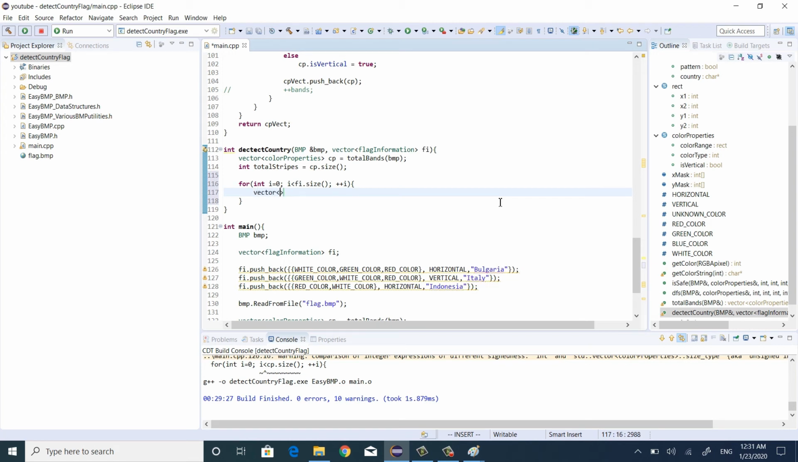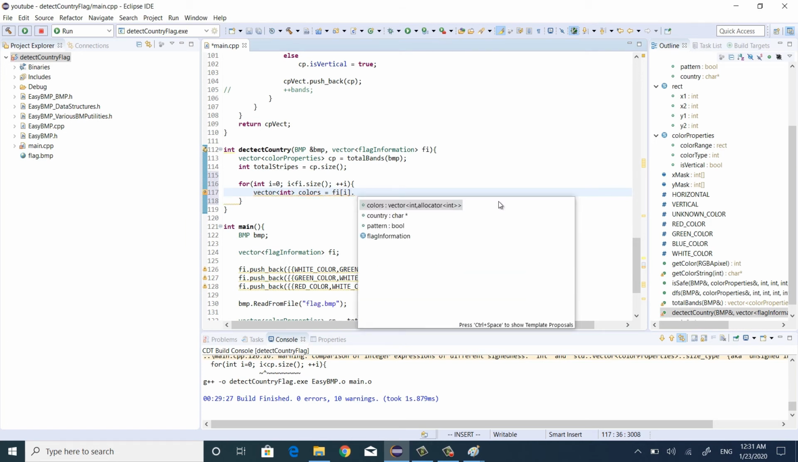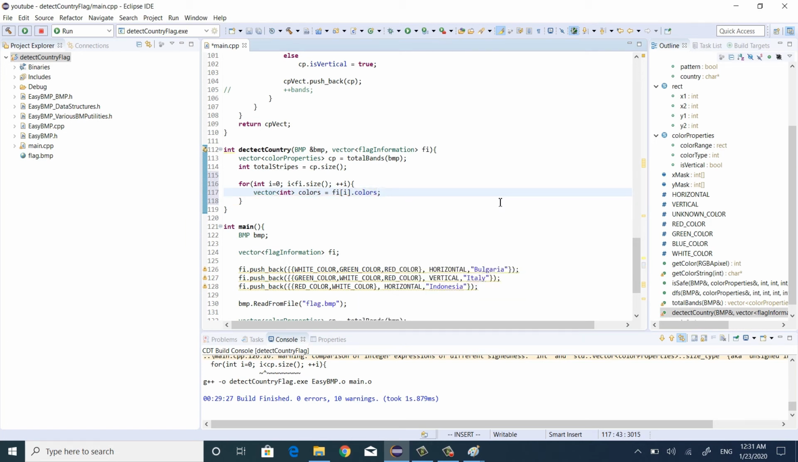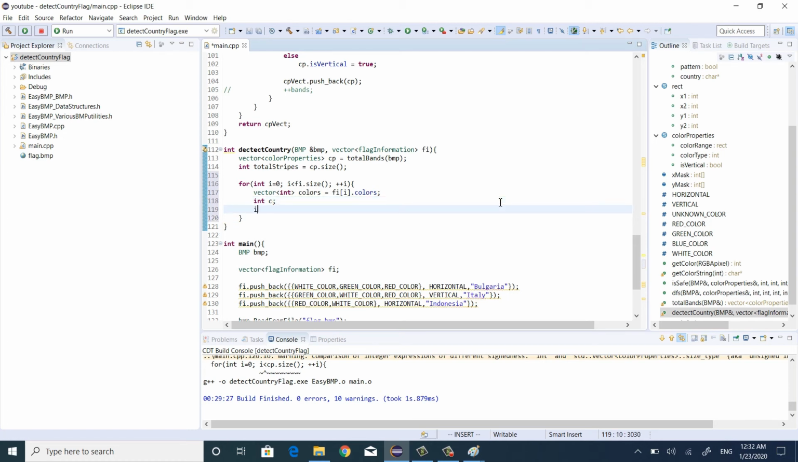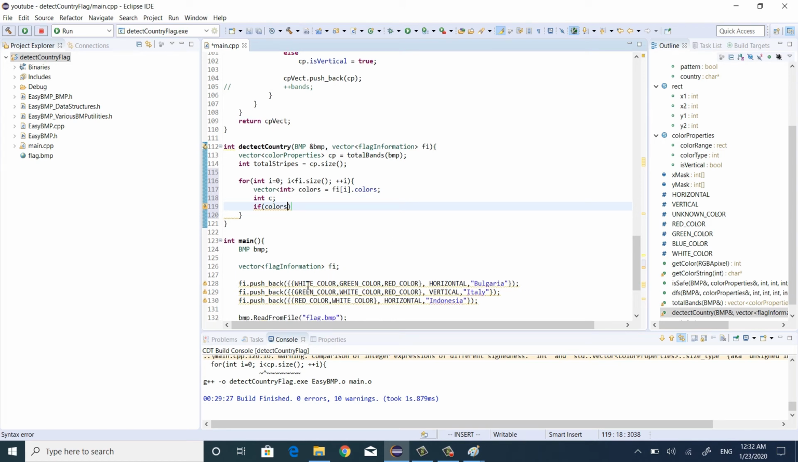So what we're going to do here is colors equal to fi dot colors, right? Okay, now this one might be tricky too, I guess. So we need another one to traverse through the colors. So one thing we got to do is if colors, I mean the colors from this one, if this colors, right, total number of colors that size